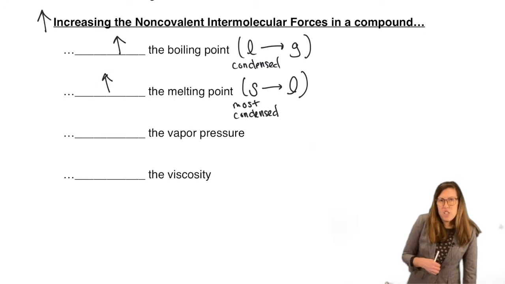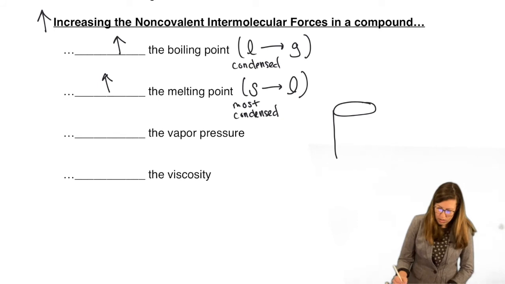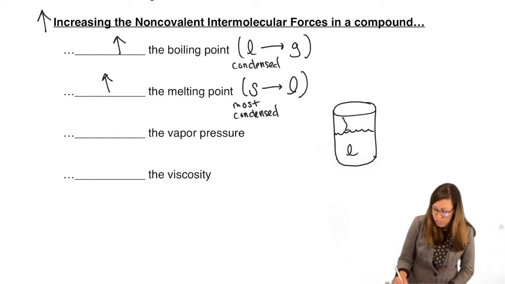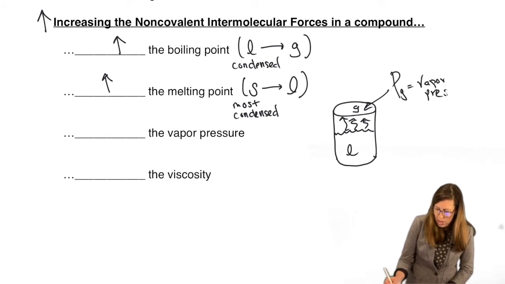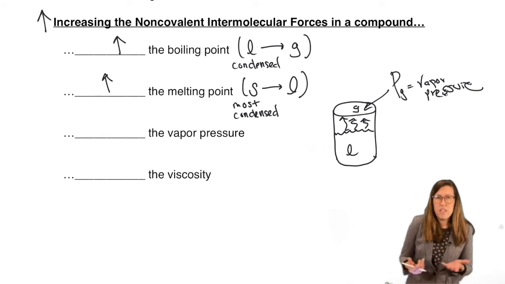How about the vapor pressure? Sometimes we look at vapor pressure. I did that a lot in General Chemistry 1. And so let's remind ourselves what vapor pressure means. We have a closed container with a liquid, but we acknowledge there's some equilibrium gas evaporation. And the pressure of that gas is the vapor pressure. So my bottle of water here, with the closed container, has a set value for the vapor pressure of the water.